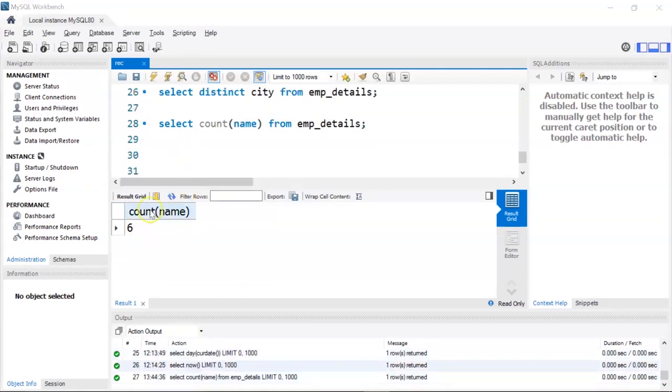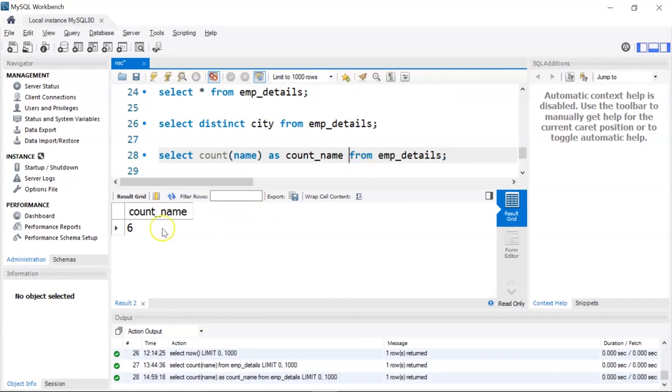Now if you see here in the result, it says count name. Now this column is actually not readable at all. So what SQL provides is something called an alias name. So you can give an alias to the resultant output. So here I can write select count of name and use an alias as count_name, and run this statement again. There you go. You can see here in the resultant output we have the column name as count_name, which